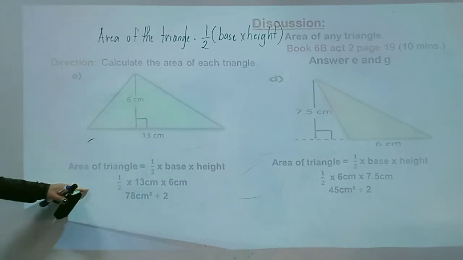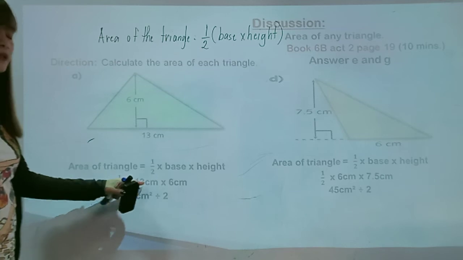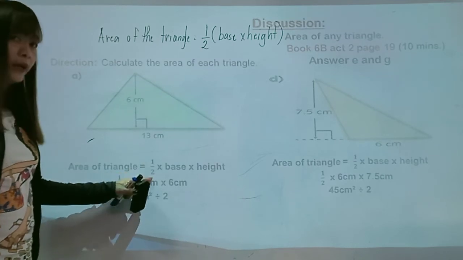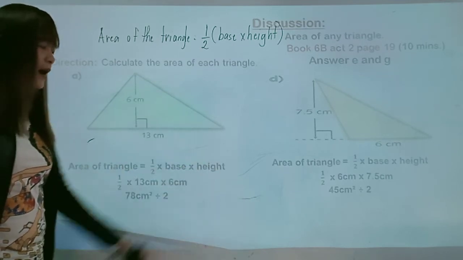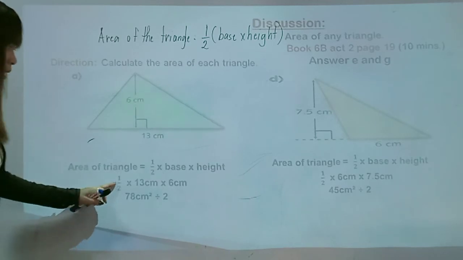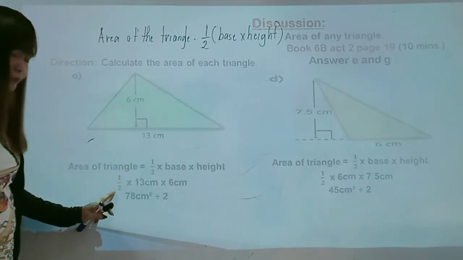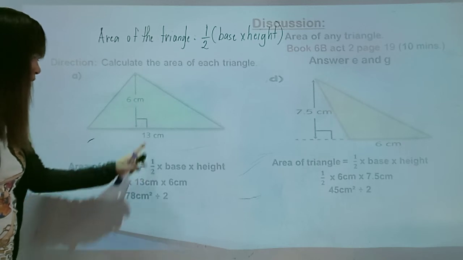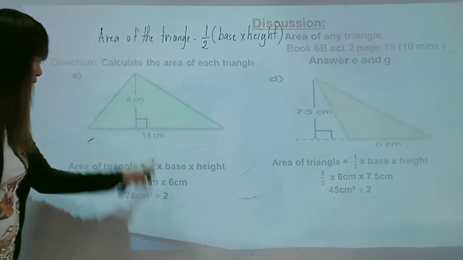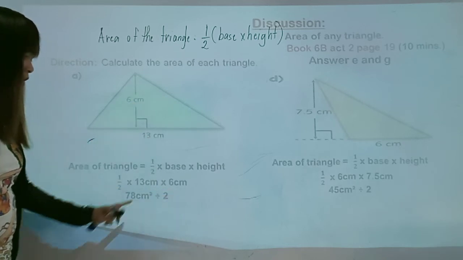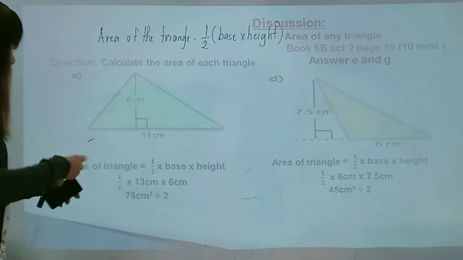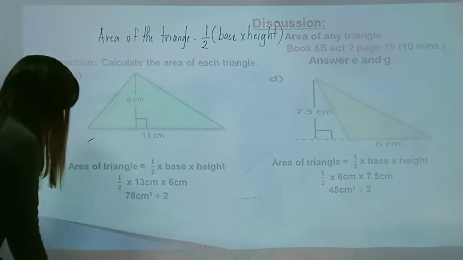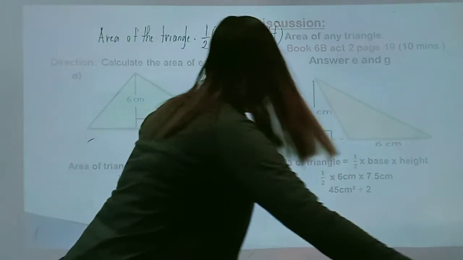So based on the formula, area of the triangle is equal to 1/2 times base times the height. Okay? So by substituting the formula, 1/2 times the base is 13 centimeter and the height is 6 centimeter. So if we are going to multiply 13 times 6, okay, let us do